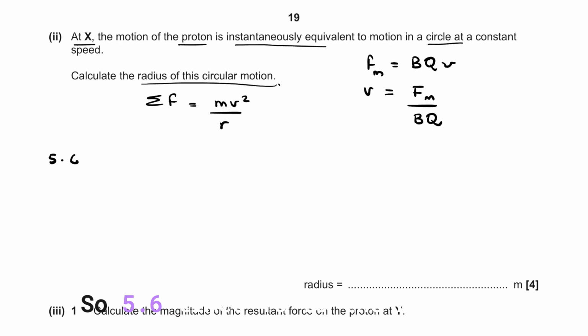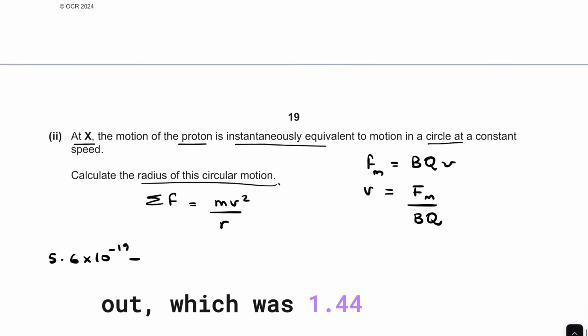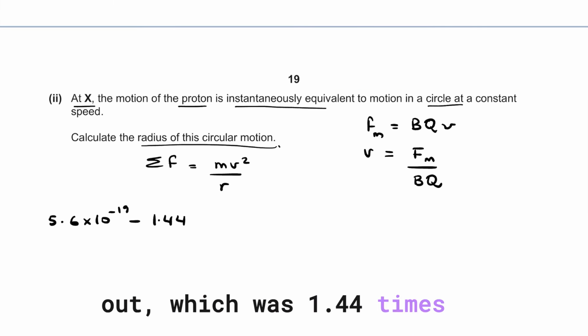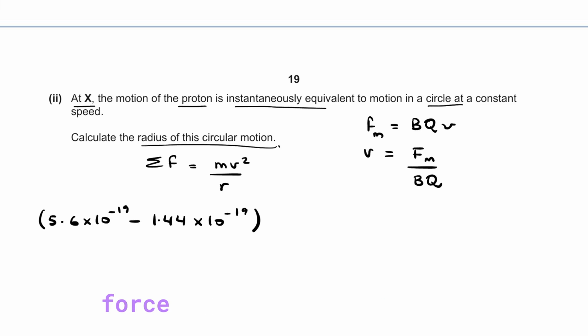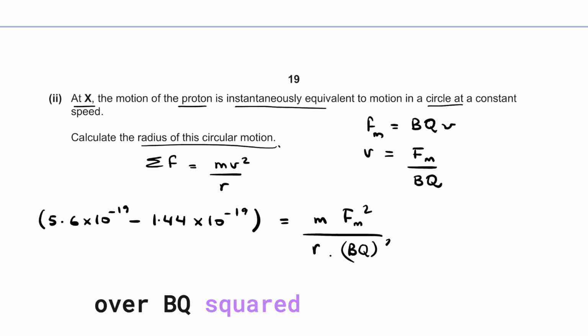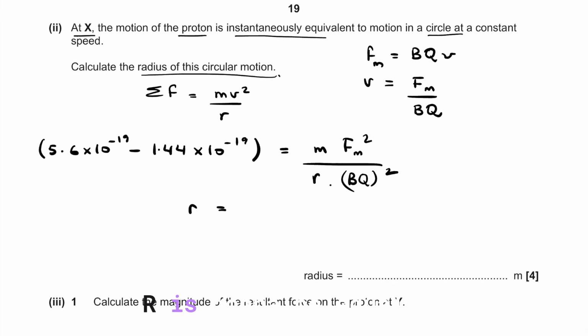So 5.6 times 10 to the minus 19 minus the value that I worked out, which was 1.44 times 10 to the minus 19 newtons, and that would be my resultant force, followed by m v squared over r. Let's just actually write this down. R is going to be equal to